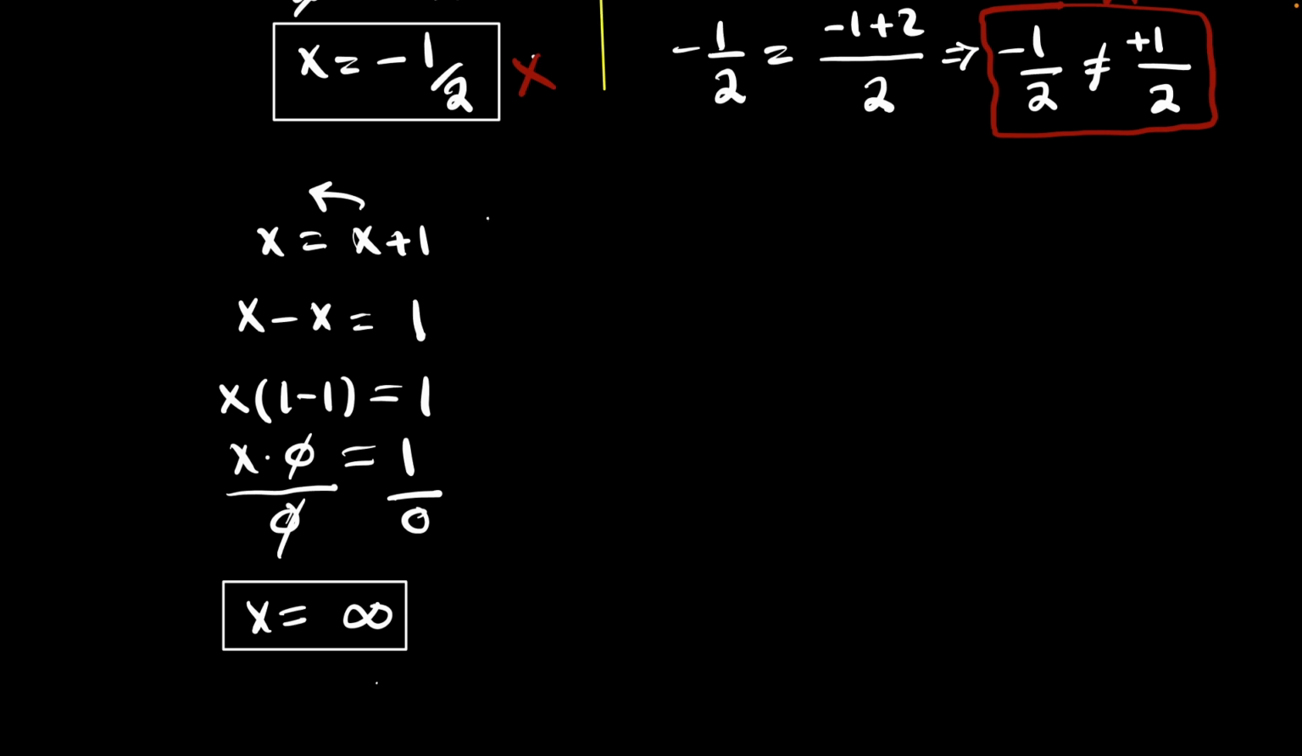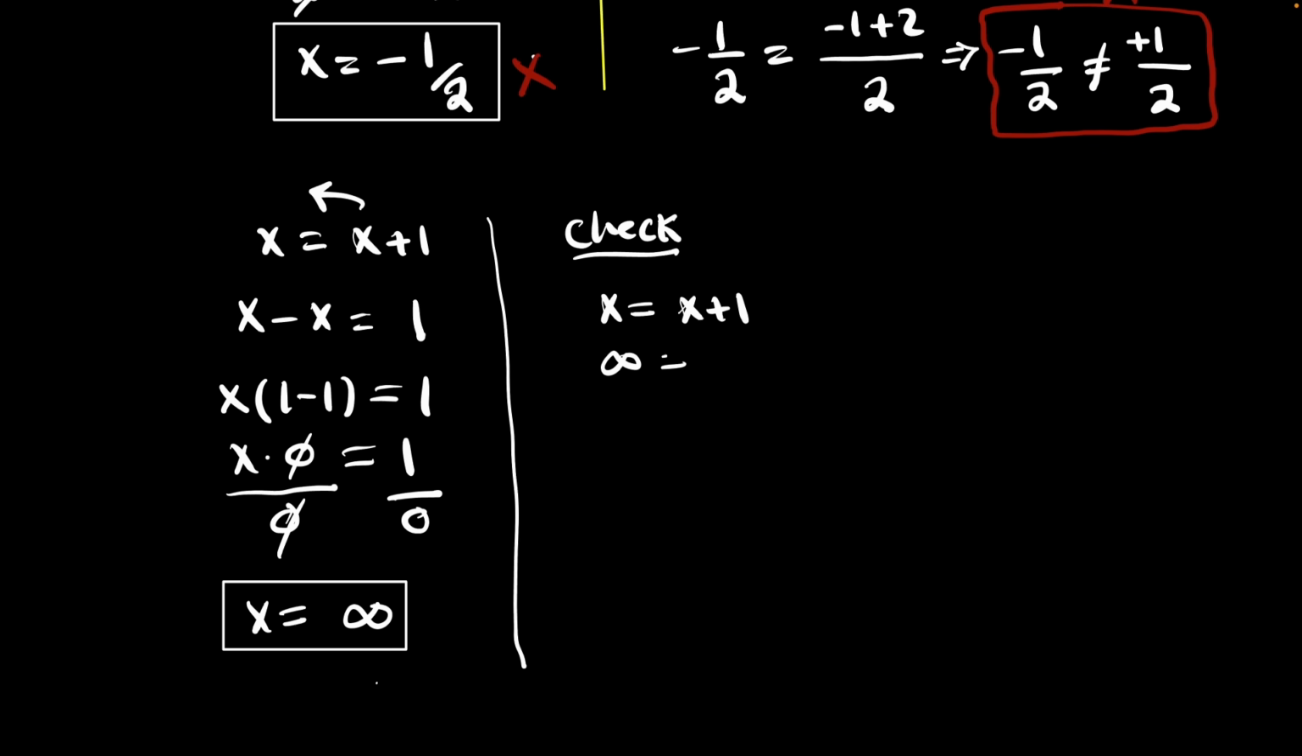Let's go and see, and let's check this. The original equation is x is equal to x plus 1. So if I plug in infinity, infinity is equal to infinity plus 1. So is infinity equal to infinity plus 1? This infinity plus 1 becomes infinity. But